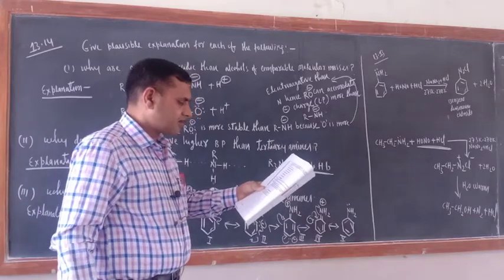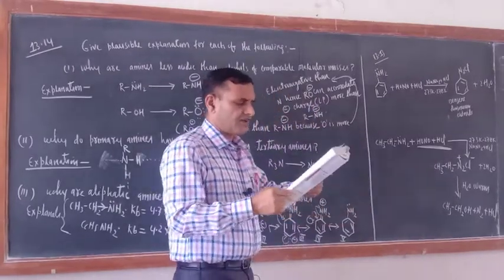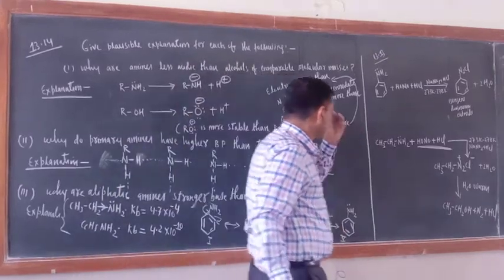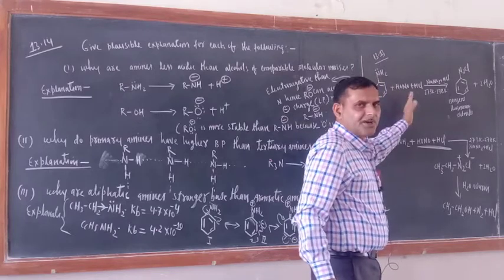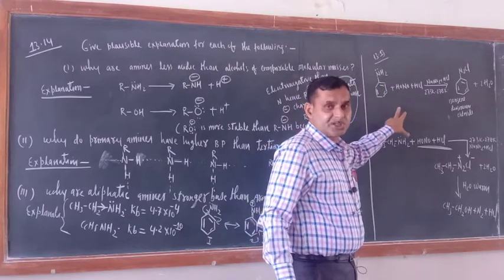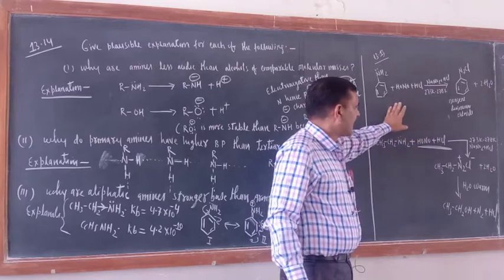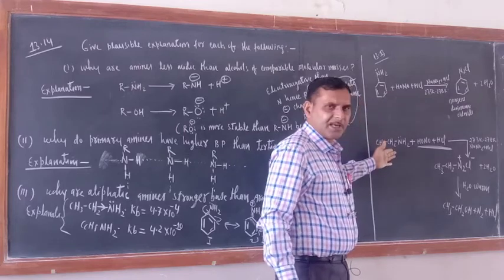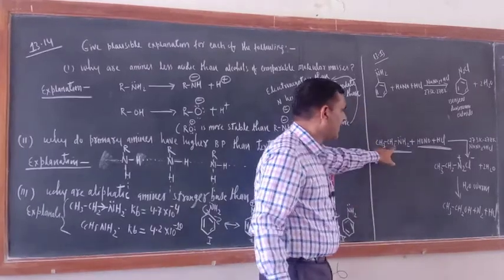Now question number 13.13. Write the reaction of aromatic and aliphatic primary amines with nitrous acid. Just see here. This is the aniline reaction, diazotization. Near about 20 times I wrote this reaction while teaching this chapter, including exercise, explanation, everywhere. Once again I wrote here, this is diazotization, benzene diazonium chloride will be formed. Similarly, as a representative member of aliphatic amines, I have taken ethylamine here.